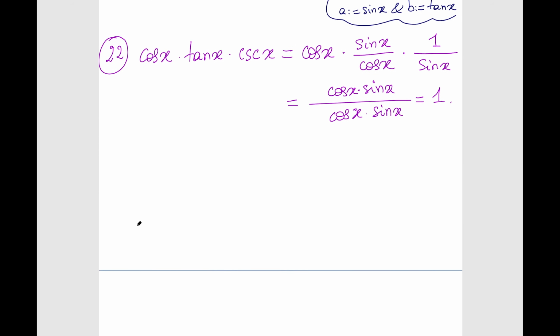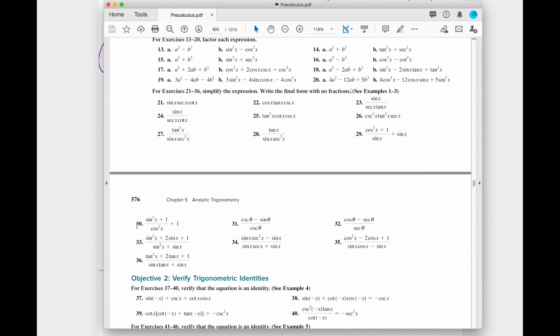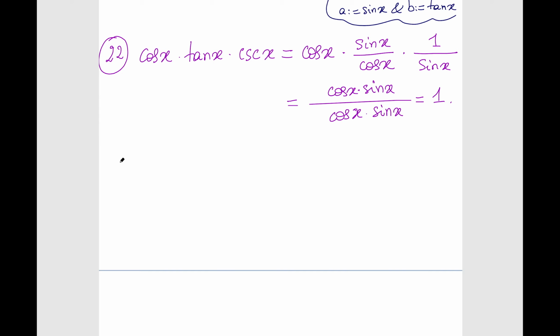Okay, moving on. So we did 22. I'm going to try to do as many evens as I can, because you have the answers for the odd ones at the back of the book. How about 26? Cosecant squared times tangent squared times secant of x. Let's try to simplify this expression. So 26,